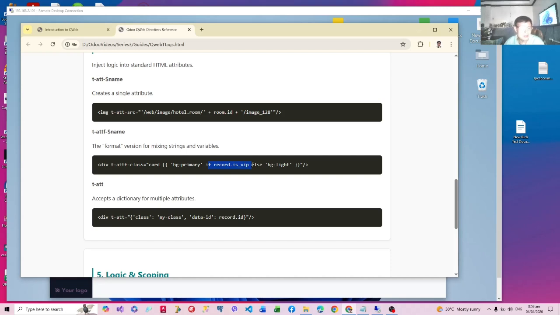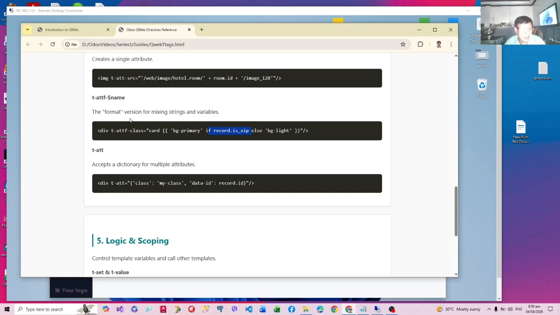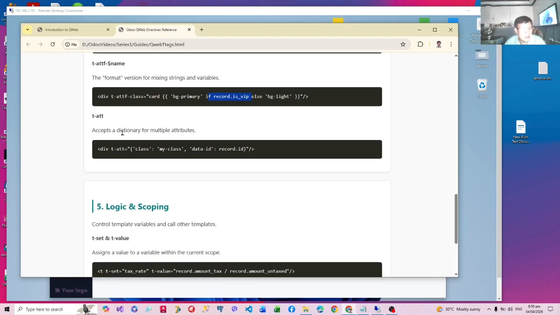So that's a single format for a particular class. t-att is a more flexible version of t-attf, because t-attf only specifies a particular class. t-att can be used to accept multiple attributes like classes and a record ID. In this case, we are specifying two attributes, a class and a data ID, a variable which is used in the XML file.